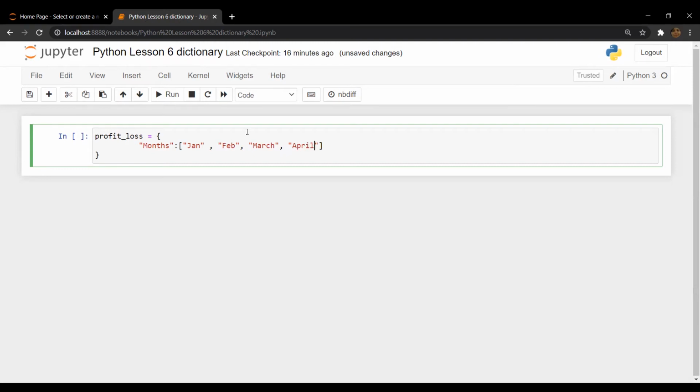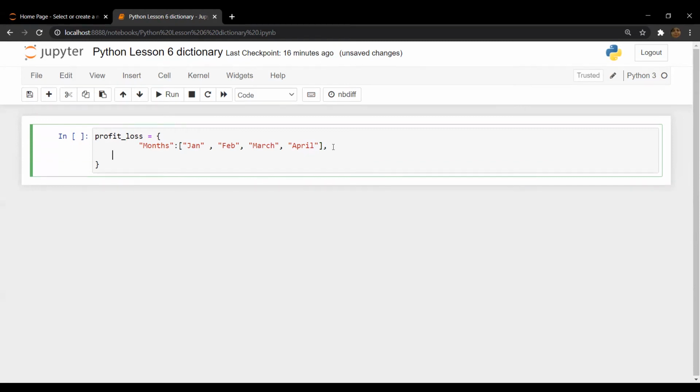So let's suppose this is our first key, months, in the dictionary profit underscore loss, and this months key has more than one value, 1, 2, 3, 4, and you can add more. And there is another key, the second key is